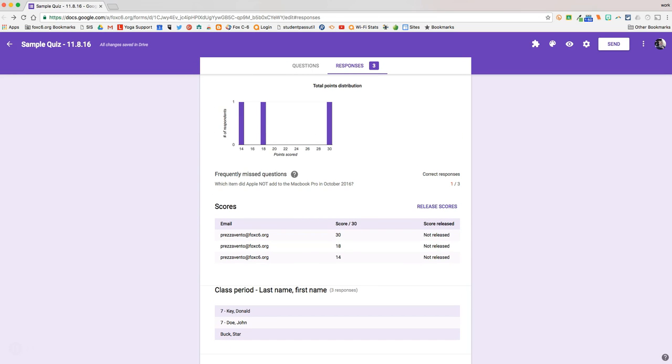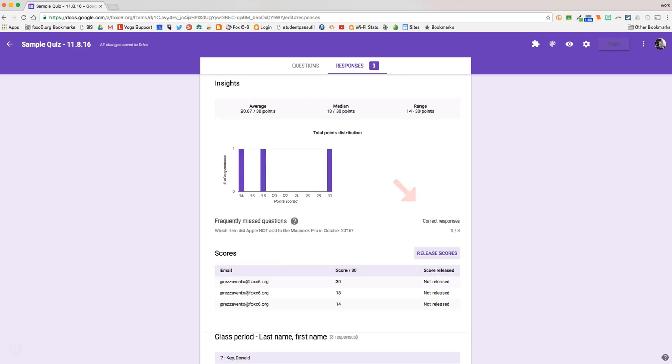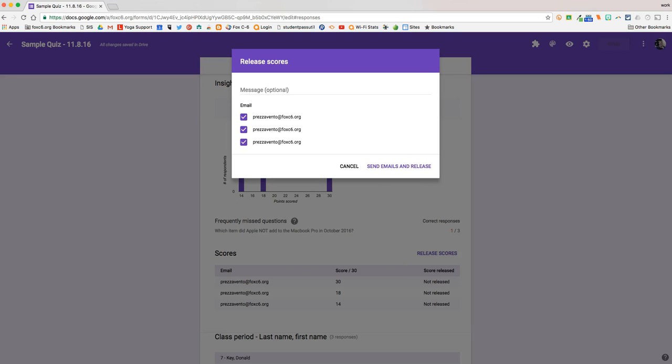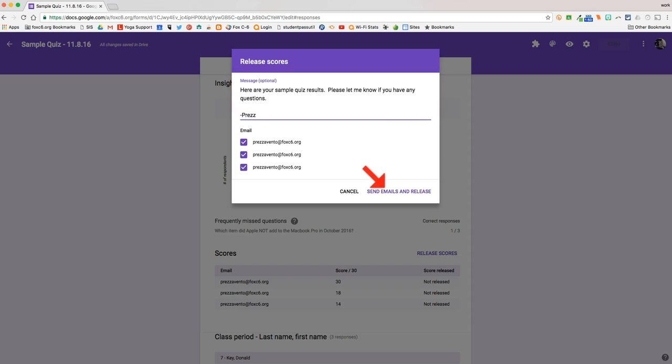Now that I've graded all of these assignments, I want to go ahead and release the scores back to the students. I'll come to the section that says Scores, and I'll click the button that says Release Scores. Once clicking Release Scores, I'll see the email addresses of the students that are going to get their scores back, and I can even type an optional message right here. Then I'll go ahead and hit Send Emails and Release,